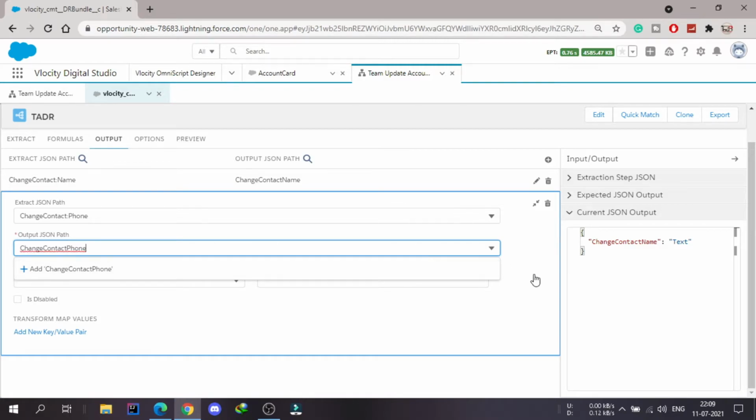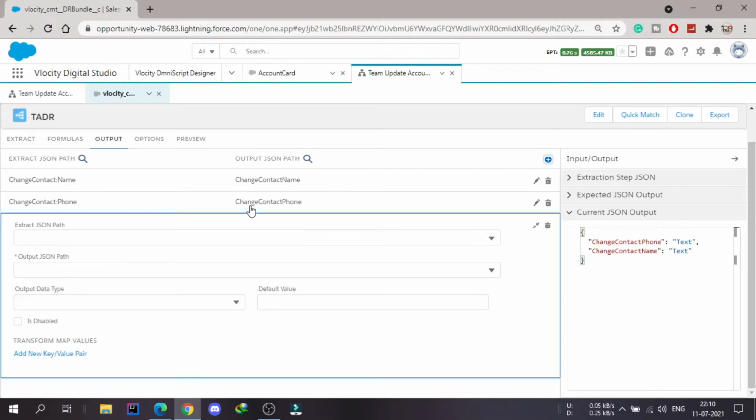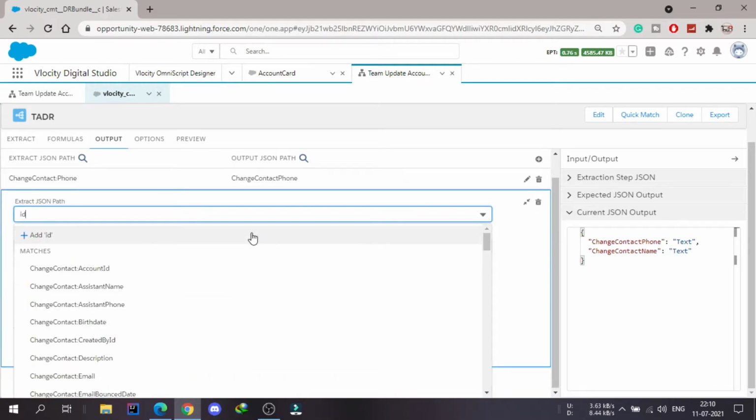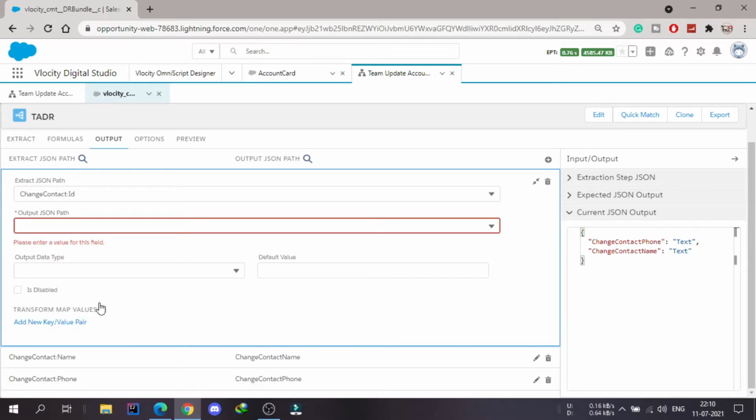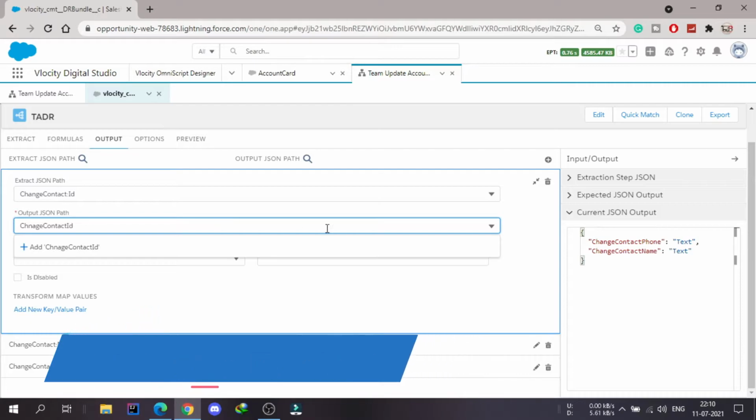And the third thing we need is the ID, so I will use the ID. That should be the contact ID, not account ID, because account ID is already there. And we will name it as change contact ID.